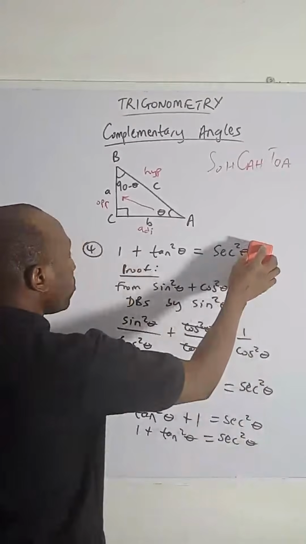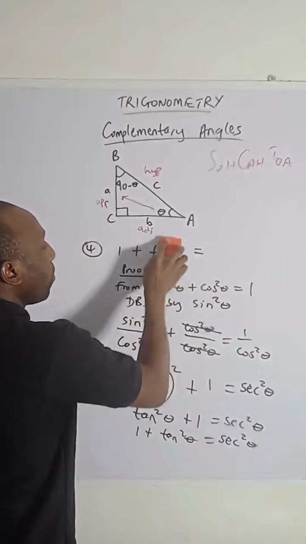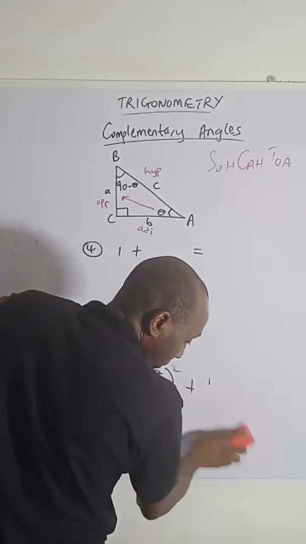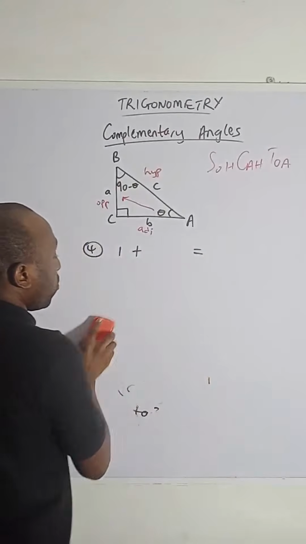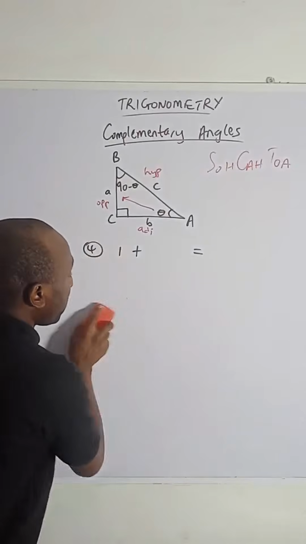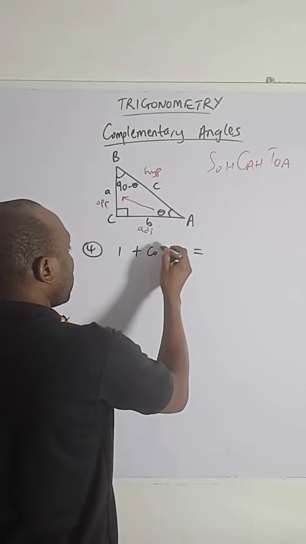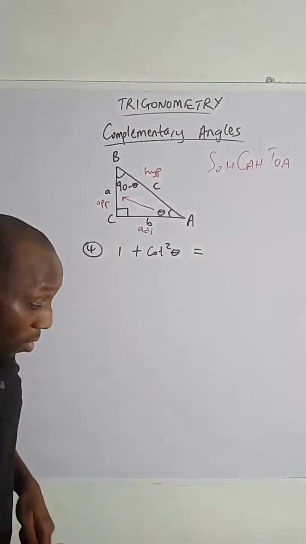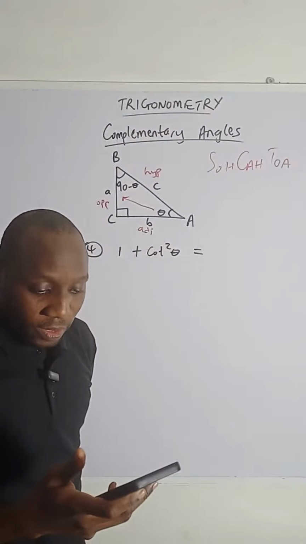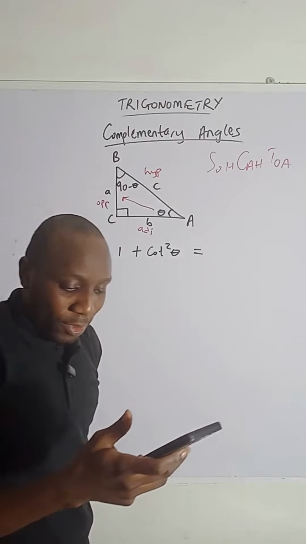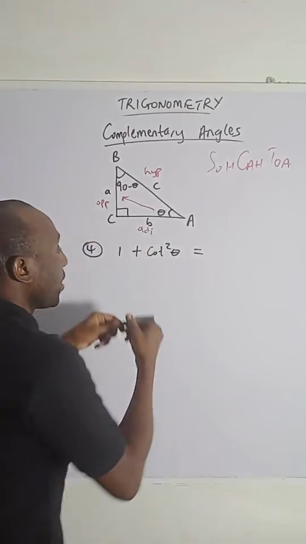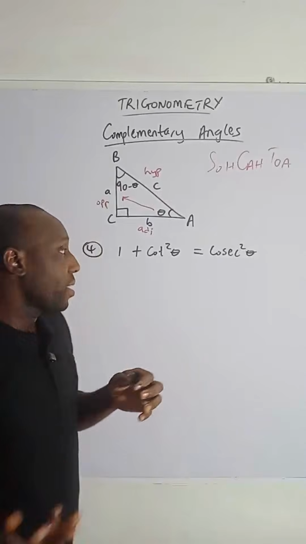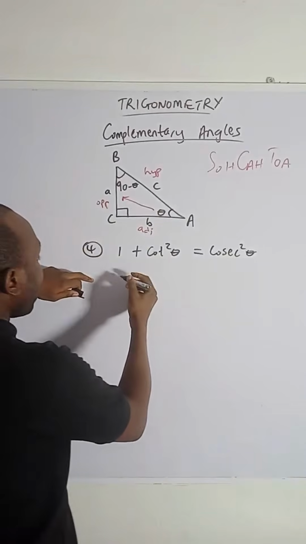Okay, so let's do another one, which is 1 plus cot squared theta. Who can tell me what is 1 plus cot squared theta? What is 1 plus cot squared theta? Do you know that? Oh, somebody said cosec squared theta. Yes, cosec squared theta. And we are still going to use that same trig identity, which is, okay, let me